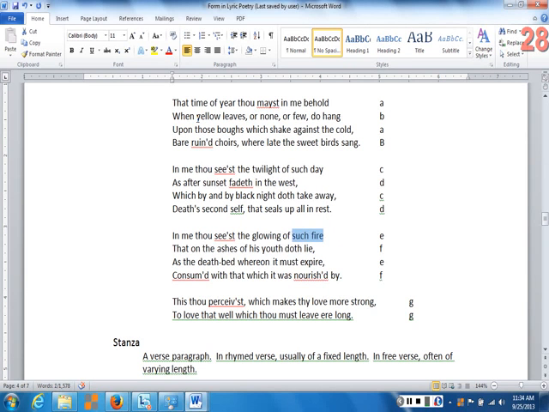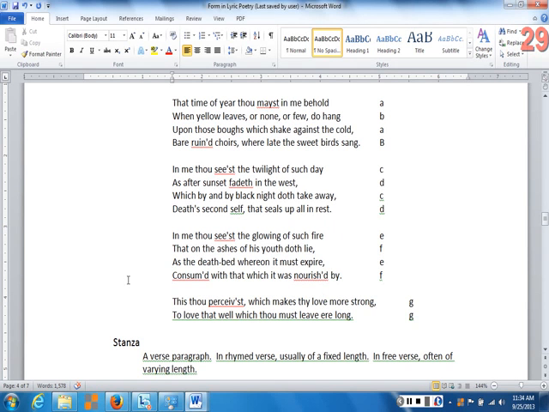And then the third stanza, all right, still talking about what you will see in me. You will see in me the autumn of the year. You will see in me the light after sunset. You will see in me the glowing of a fire, and so on. All right, organizing the sonnet then in terms of 3 different aspects of one subject. And the subject in this case being, as I indicated, I believe it was in part 1 of this lecture, the phenomenon of growing old.